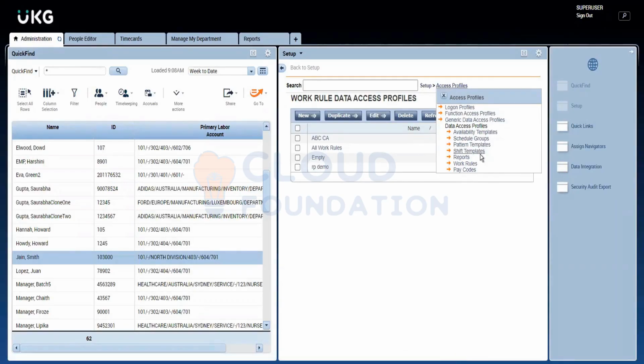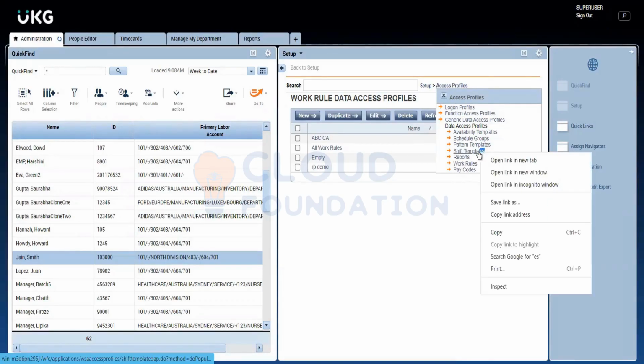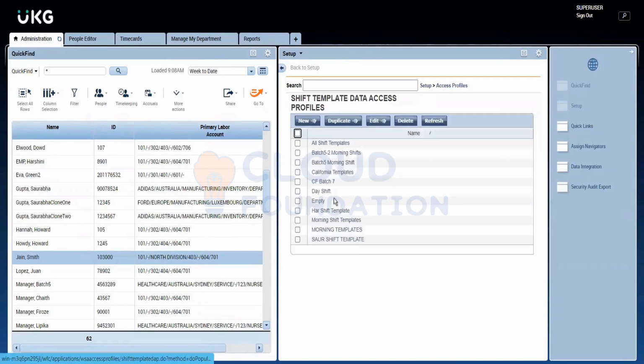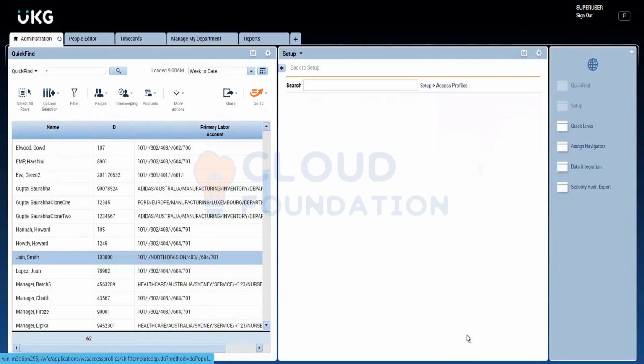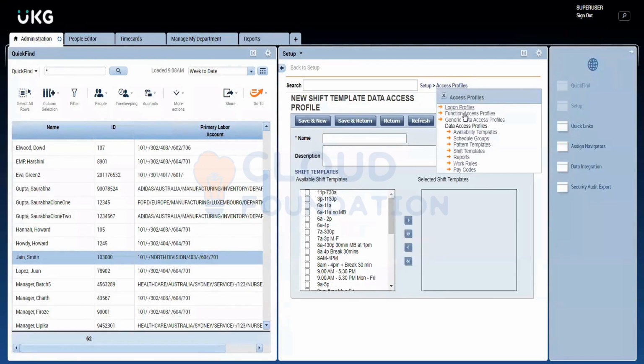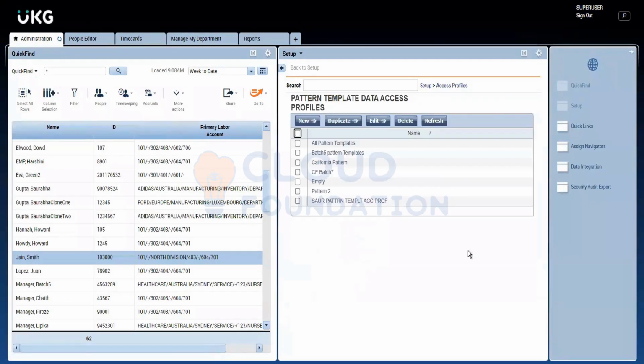The same goes for shift templates and pattern templates. Whatever shifts and patterns we create, we create them for the schedules. Remember, we created a number of shift templates and pattern templates for creating schedules. Shift templates are for each day, and pattern templates are a group created based on the shift templates. If you see here,